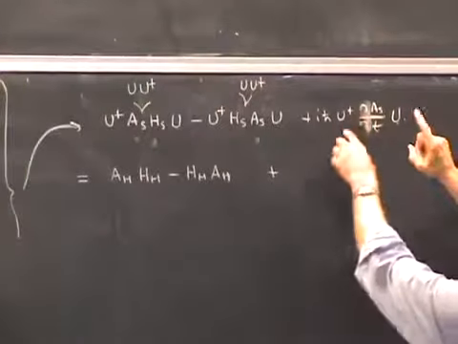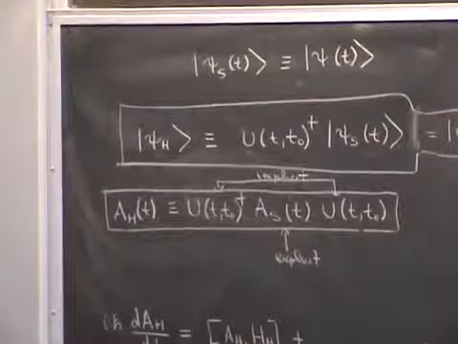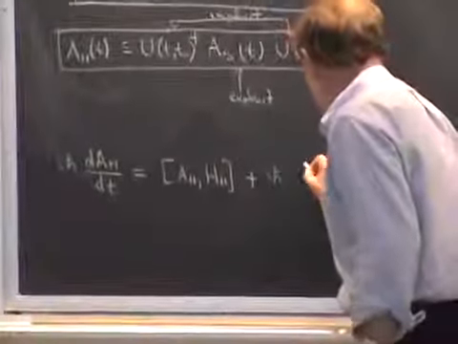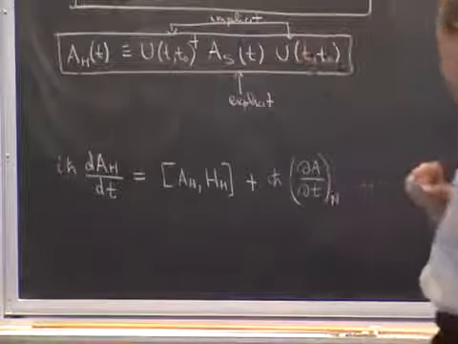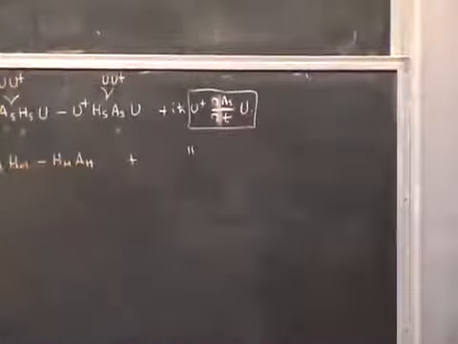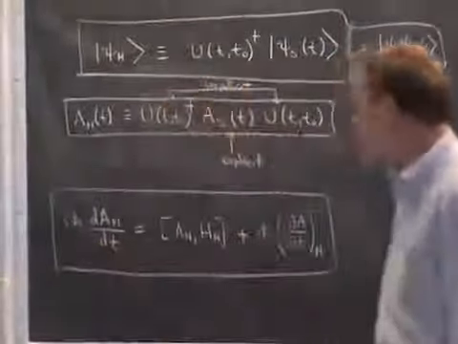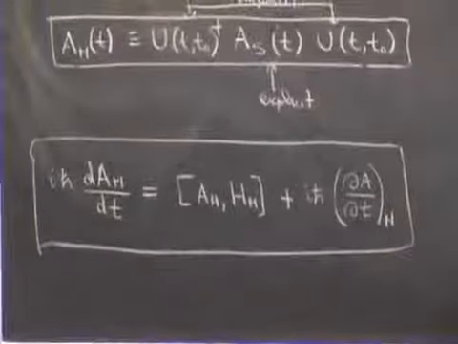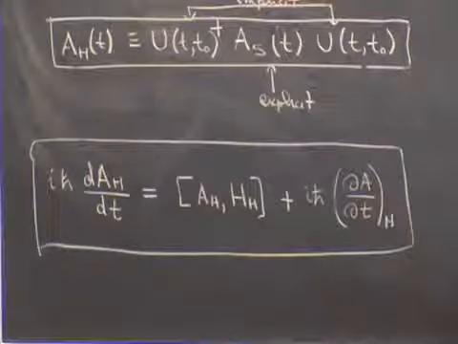The last term is obtained by taking the operator in the Schrodinger picture, differentiating with respect to the explicit time dependence, and then conjugating by U dagger and U, which is what you need to go from a Schrodinger picture to a Heisenberg picture. So allow me just to write the last term, there's an i h bar in there as well, partial of A with respect to t like this, and I'll put parentheses with an H subscript on it. What that means is just this combination right here. That something has been transformed into a Heisenberg picture. So the result is that this is the equation of motion for the operators in the Heisenberg picture. And this replaces the Schrodinger equation, because now there's an evolution of operators.